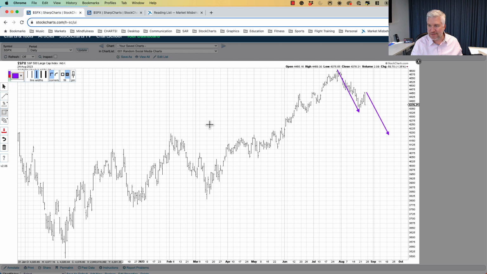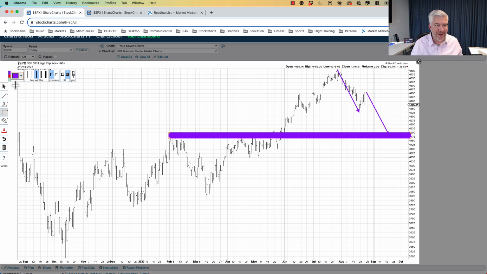That would get us down to this area, which is right at the February high. We talked about how the low after that pullback in April and May would be that first objective. This is a little shallower objective, but I think equally valid, which would be a three-wave corrective pattern. Depending on how long this wave B takes, it could take longer and push this price out a little bit, but let's assume this happens sort of in September and October.